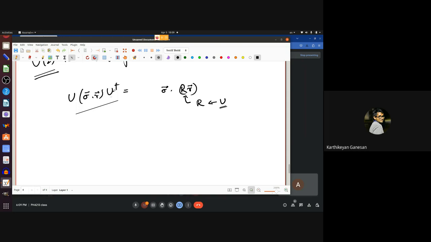Any scalar multiple of U? Great, but any scalar multiple of U will do, other than 0. No, but suppose I multiply U by C. What happens to U dagger? It becomes 1 by C U. Does it? Why does U dagger become 1 by C U? U dagger is U inverse, right? So